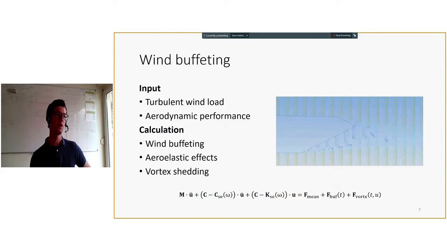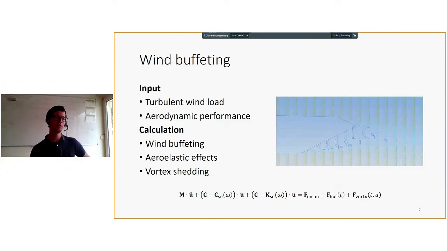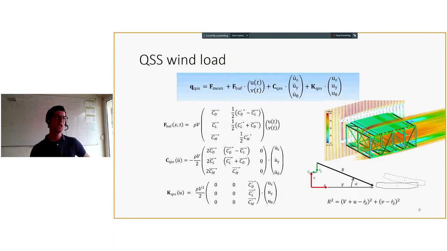So we'll be talking today more about these aeroelastic effects, how to improve the formulation of the aerodynamic damping and stiffness. This is the focus, and we can start by presenting a quasi-steady wind load formulation, and this